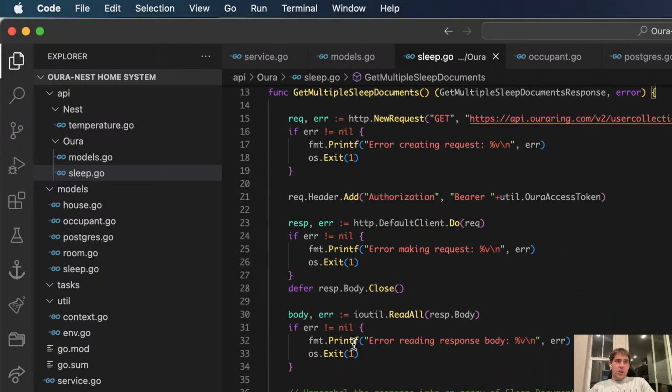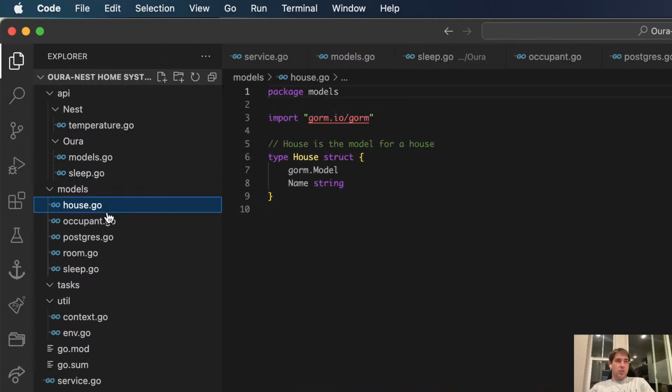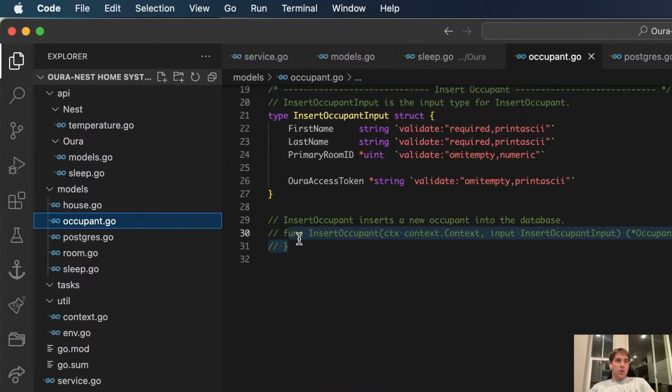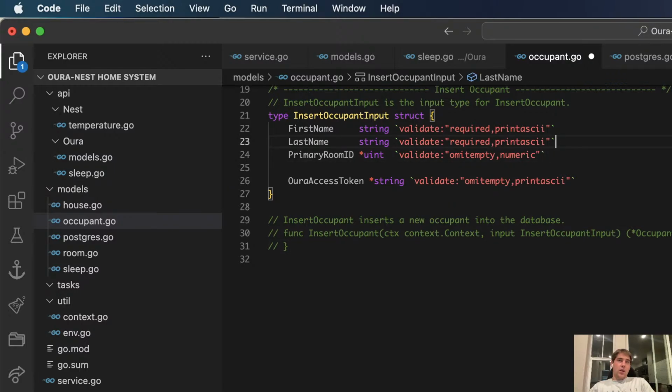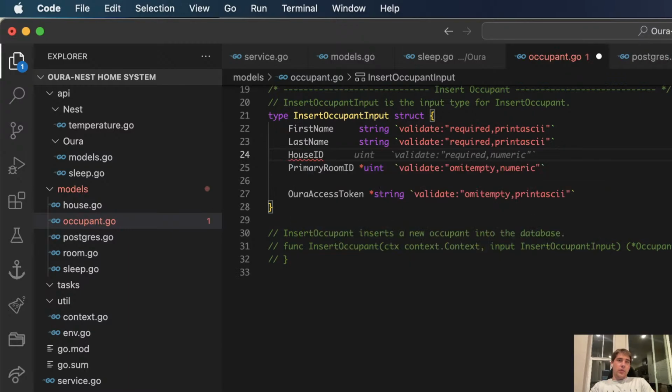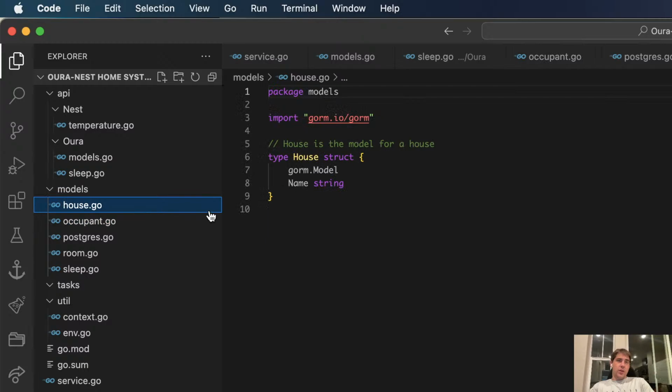And then what I'm going to do is go into models. I need to create an occupant, which is going to require a house ID as well. So let's create house then. So we have the house. That's fine.